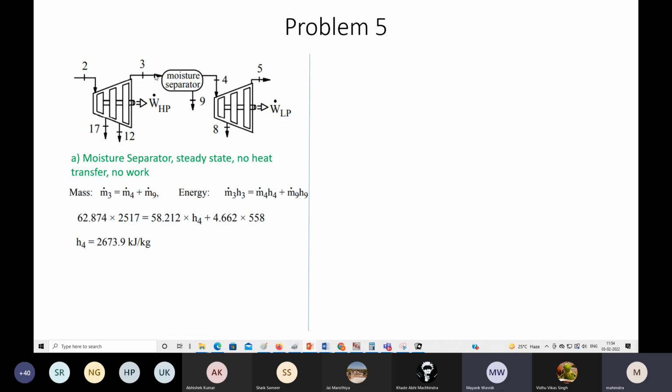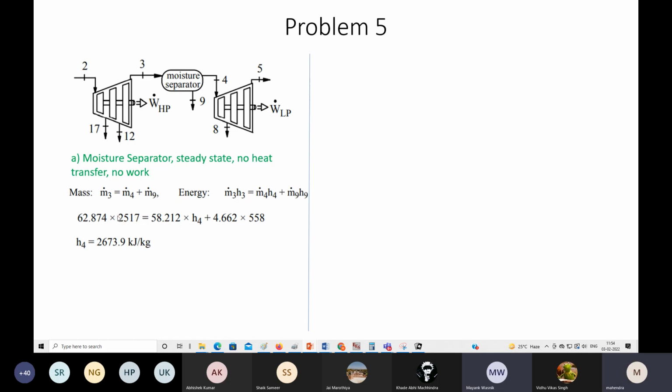Anyhow, M3, M9 we know. Then M3 equals M4 plus M9, so you can calculate M4 over here. The only thing is H4 you have to calculate. This data also,